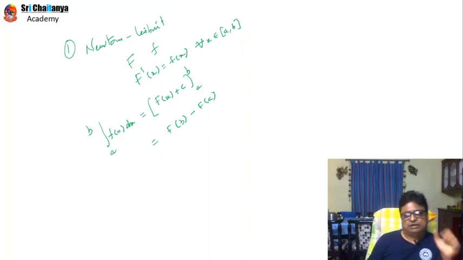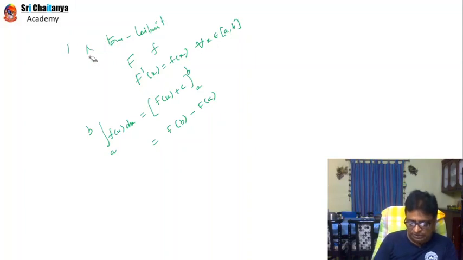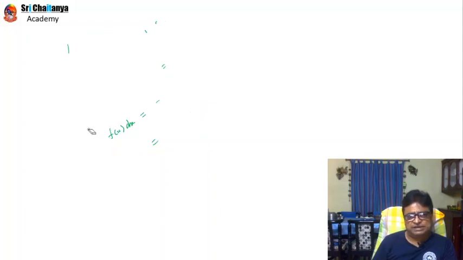Of course, here I clearly mentioned what a and b are. A and b are limits of the integration and limits of the variable x in the integration. Here a is the lower limit and b is the upper limit. So as long as the variable and limits of the variable are unaltered, the value of the definite integration doesn't change.